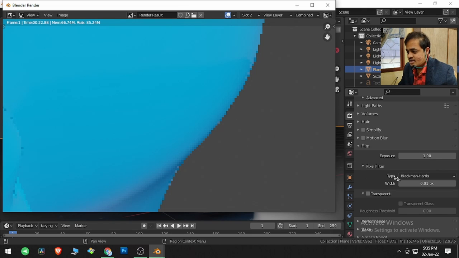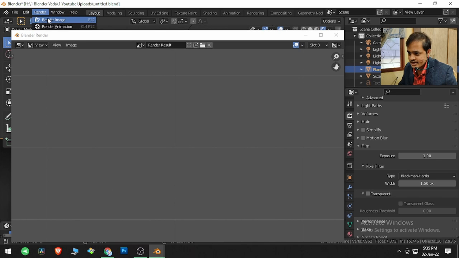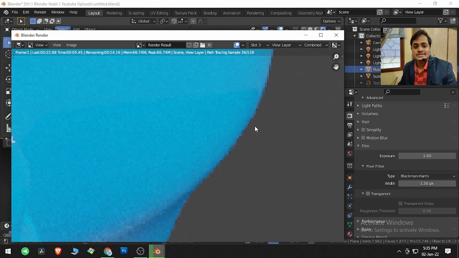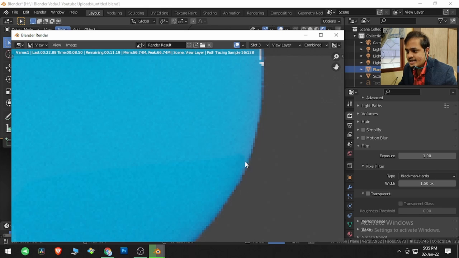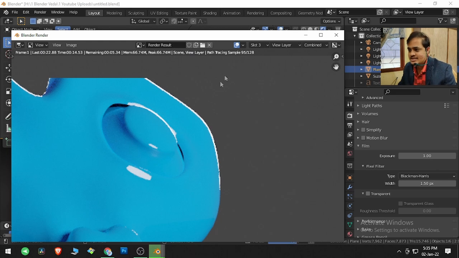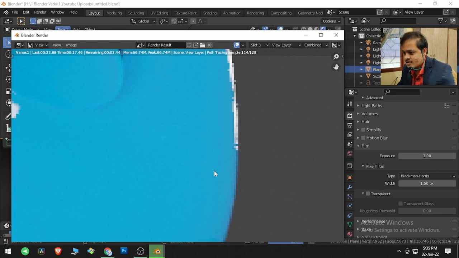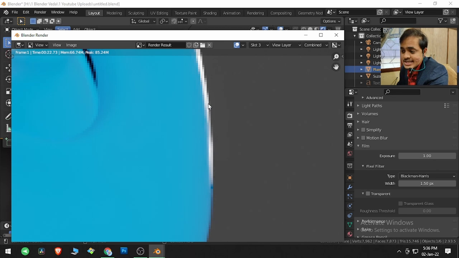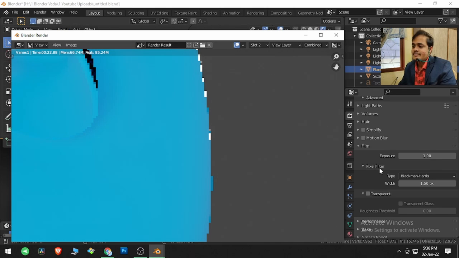It feels like it has been cut with the help of a scissor. And when we reduce this back to its default value, and let me bring it back to the slot number 3, and now if I render it, now the edges will be anti-aliased. This is called anti-aliasing, and now the edges will be smooth, not as sharp as they used to be. Let me zoom over here and show you the difference between the previous and this one. You can see how smooth these edges are and how jagged these edges are. So for that, pixel filter is used.